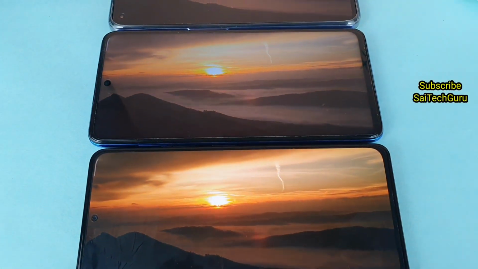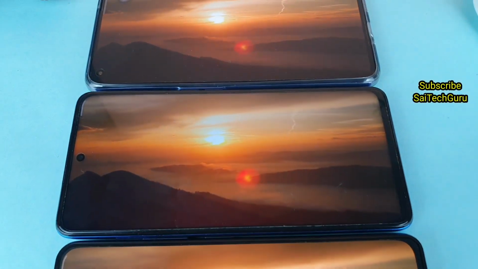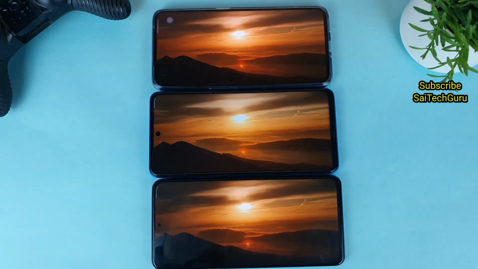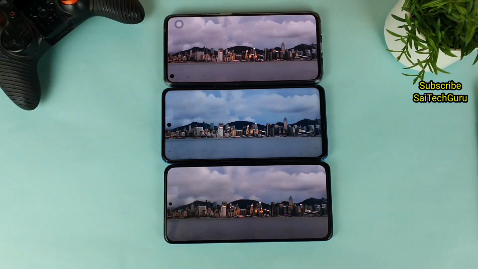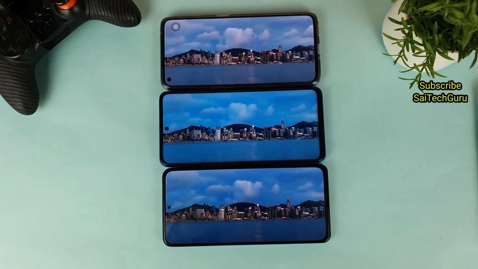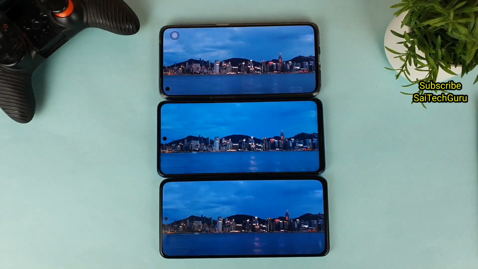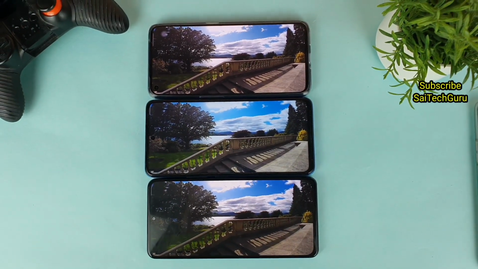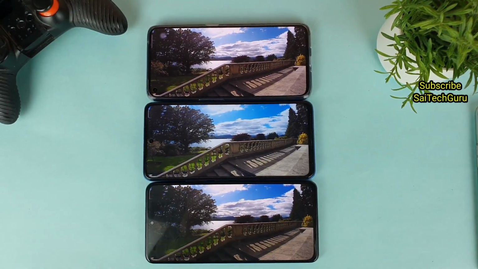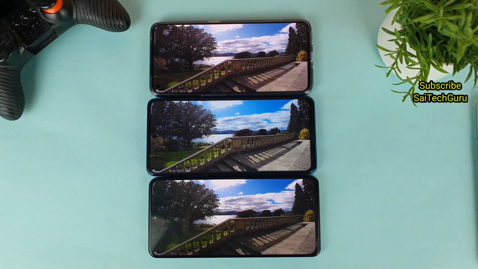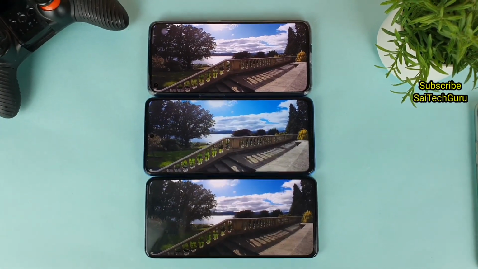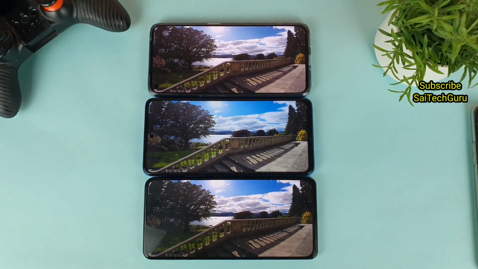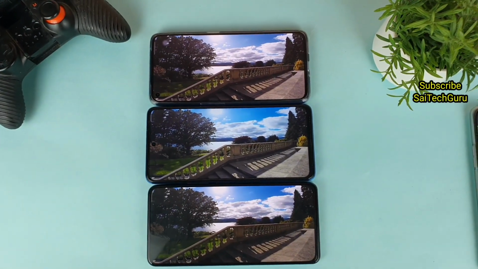So definitely friends, make sure to comment below which display you felt the best as well in terms of the viewing angles and the overall colors while watching the videos. As you can see from the top view, you can see it clearly. This video is not edited in any part, so that's why friends, you'll get really good colors, so you can actually feel the difference while watching this kind of videos in the display comparisons.